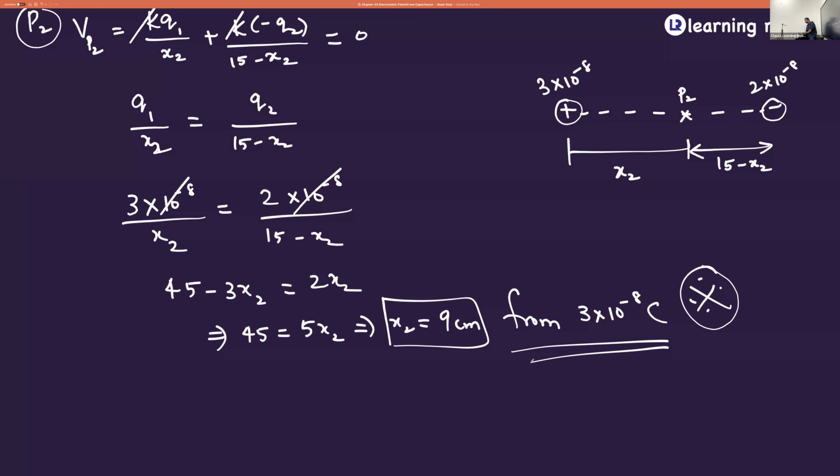It will be closer to the charge with lesser magnitude, right? So where should it be? Still, it is going to be around this charge. One common mistake that we make is we see the negative sign and get confused. That is why I'm stressing on the point of magnitude. I'm not stressing on the nature of the charge at all.